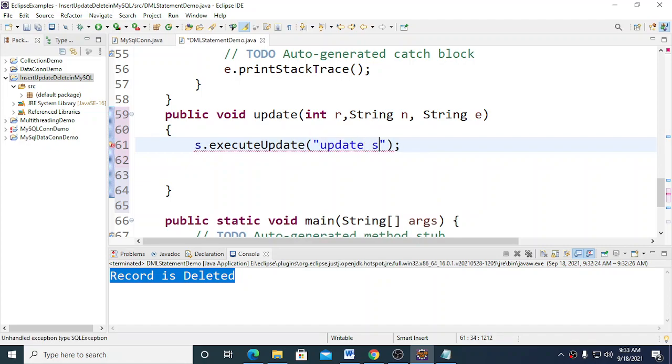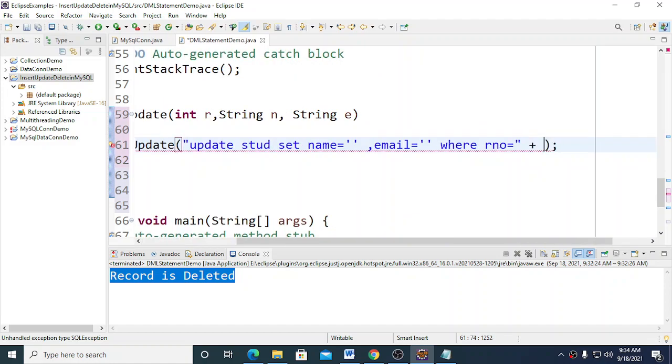Update stud set name equal to single quote, I'm going to specify the name that is to be updated in single quote, and comma email equal to single quote. So I need to concatenate the value of name and email, where roll number equal to plus roll number, like that I have to concatenate.